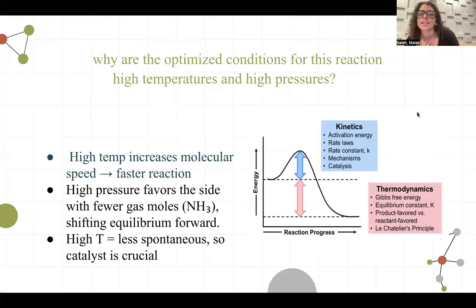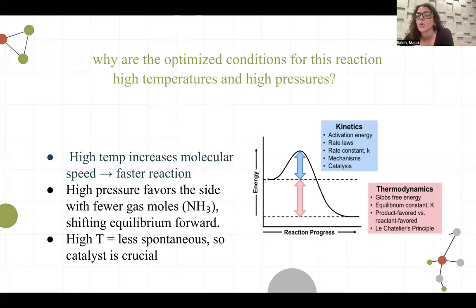This question is asking why the optimized conditions for this reaction are high temperatures and high pressures. In the real world, ammonia is produced at high pressure and moderate to high temperature. High pressure is important because the reaction results in fewer gas molecules, as we saw when we moved from 4 moles of gas to 2 moles of gas. So increasing the pressure shifts the equilibrium towards the side with fewer gas molecules,